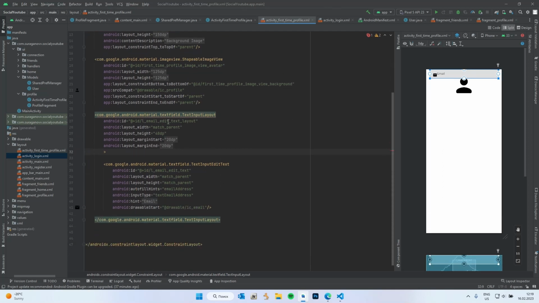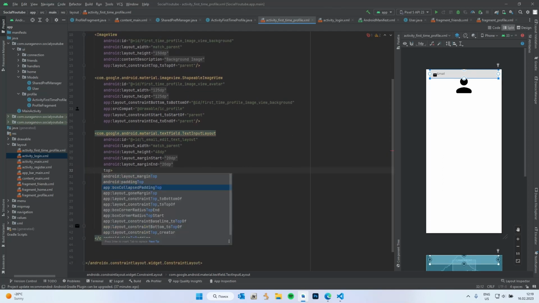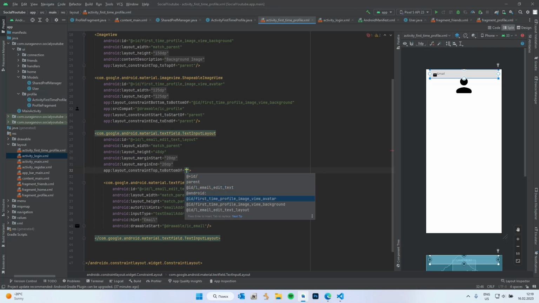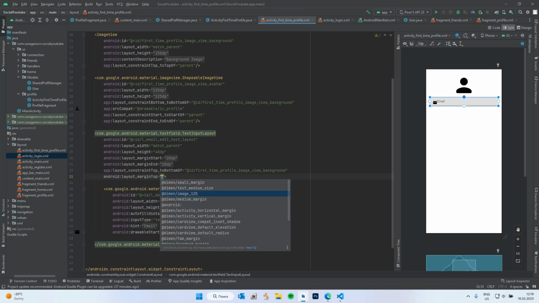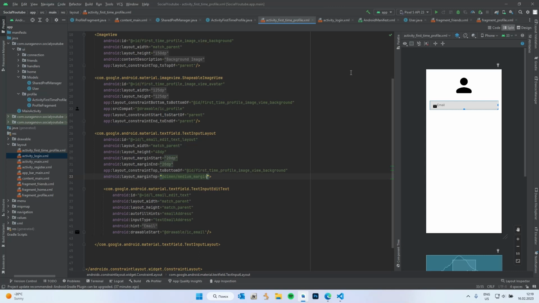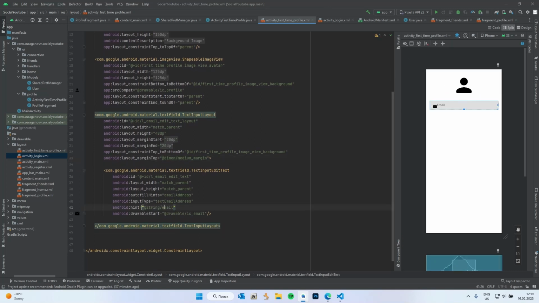How is it called? Top to bottom of background and margin top like medium. Yeah, that would be okay. Yeah, we should say change nickname